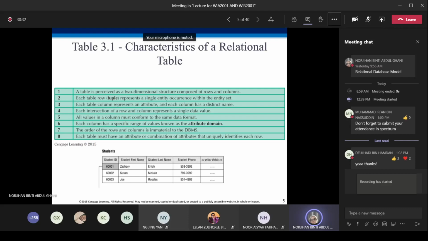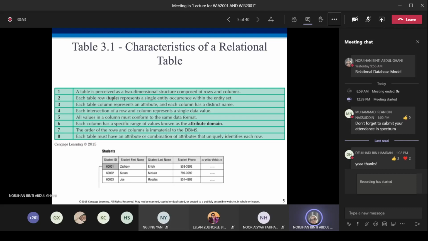We have three rows here, and 1, 2, 3, 4, 5 columns. So this is a table. Each table row, which is also known as a tuple, is one tuple.